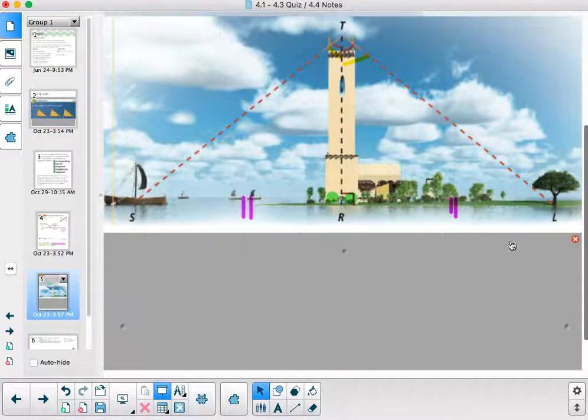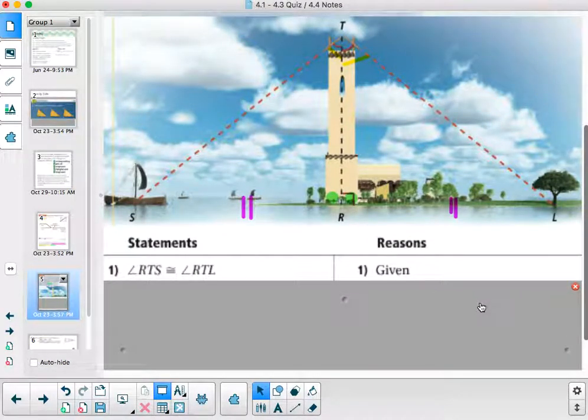All right, so here we go. Starting off, we start off with our given. We already know that angle RTS is congruent to angle RTL. This has indeed been given. As I mentioned, there's many, many different ways to prove this particular triangle set, but the ultimate thing that I would like to bring up in order to conclude my pink highlighter marks is probably the obvious piece that these